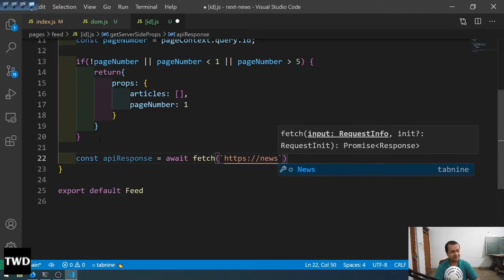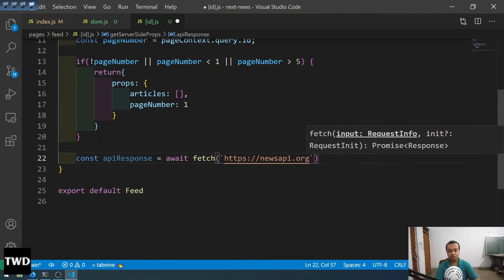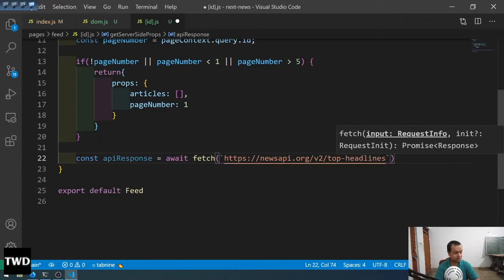You can go to the site, they have different endpoints, so that you can know it. https://newsapi.org/v2/top-headlines, and you require an API key for that, with country equal to US,